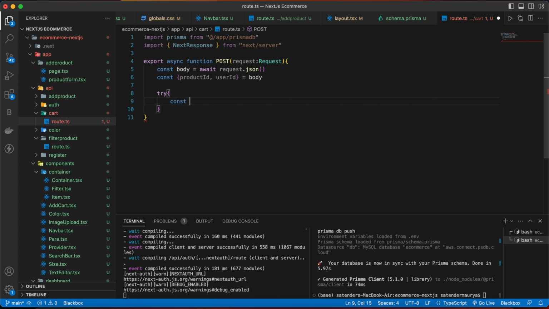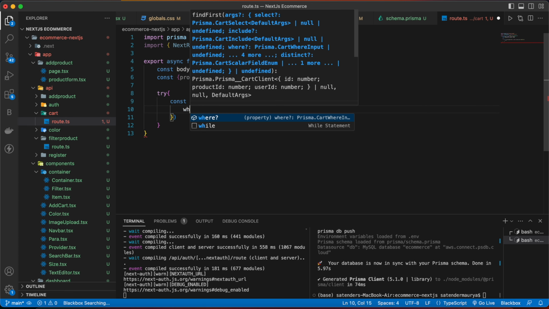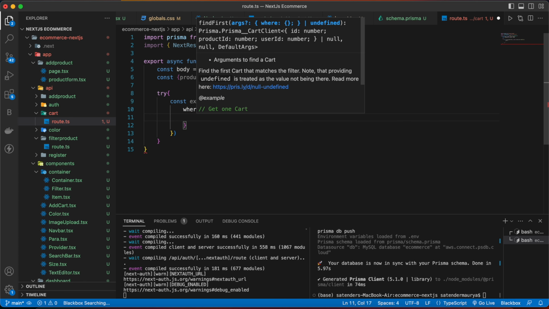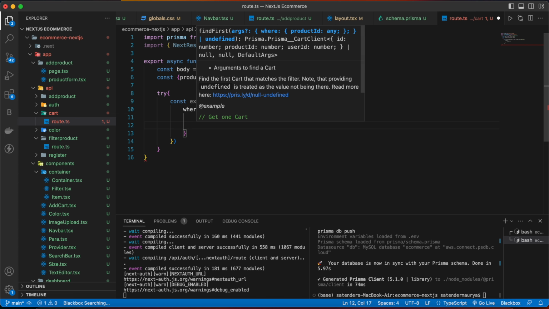So that const existing cart item is equals to await prisma dot cart dot find first, and here provide where, so product id, then the user id,